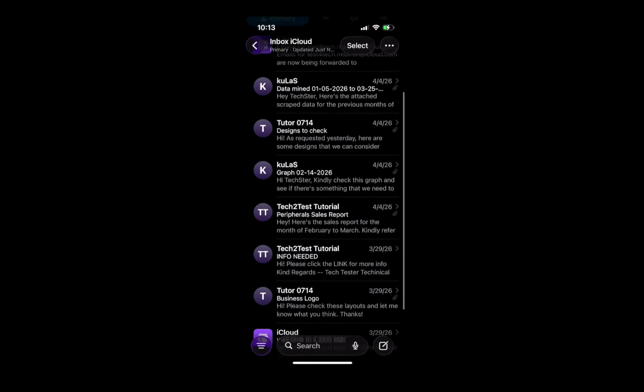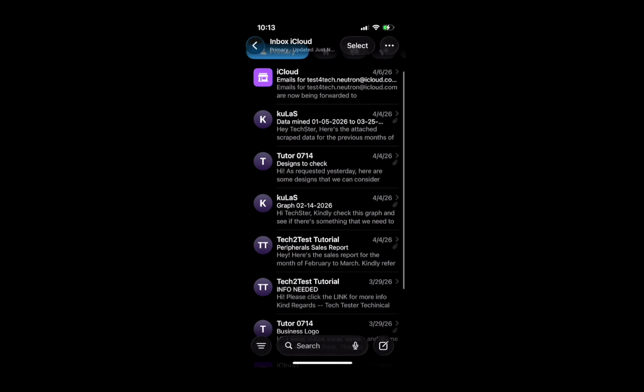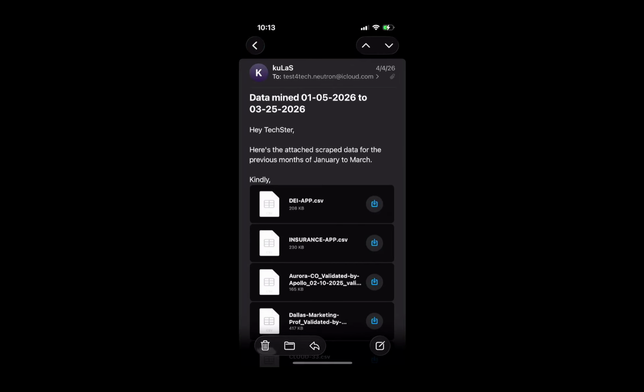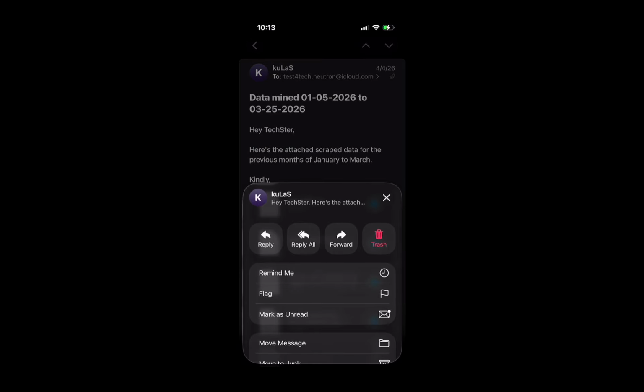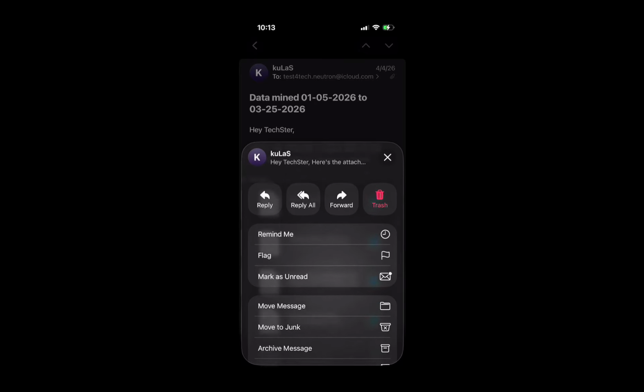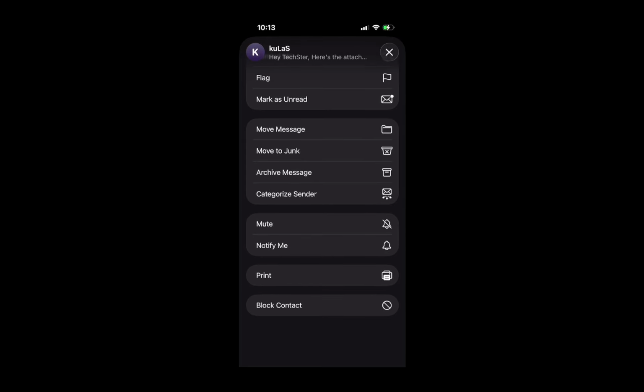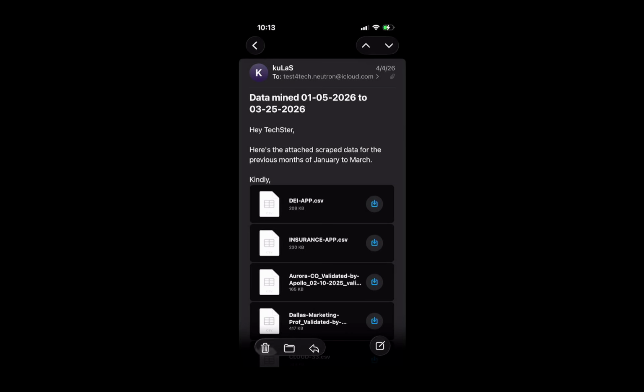First, open the Mail app, then open an email from the sender you want to block. You don't need to hunt through settings, you'll do it right from this message. Look for the reply icon beneath the email. It's the action button that opens a list of options for the message. Tap that, scroll down the list, and choose Block this contact.